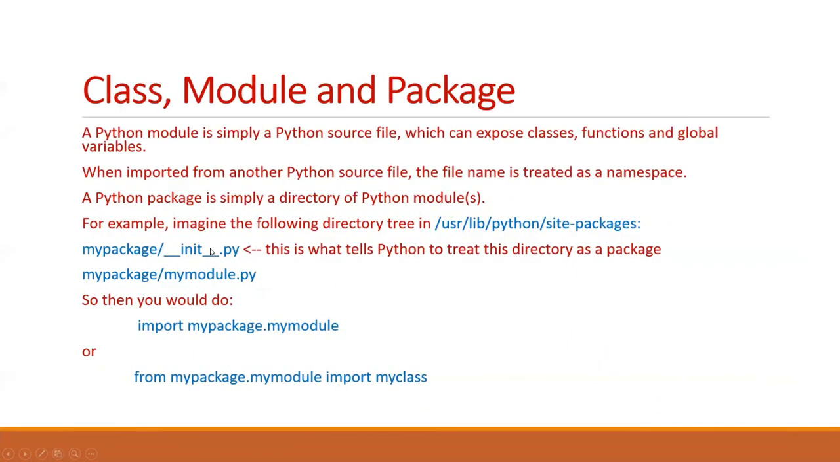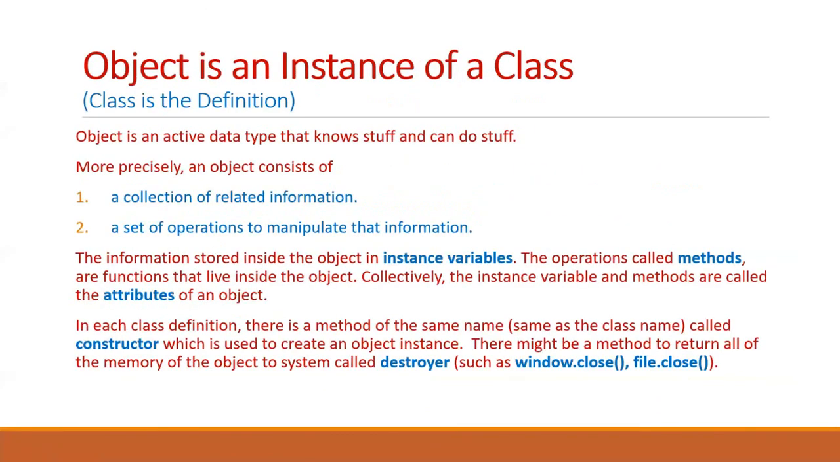So right here, we finish this one. An object is an instance of a class, right? So we actually create C1, C2. Those different circles are objects, and the circle class is a template. What is a template used for? To create objects, okay? So more precisely, an object consists of a collection of related information,